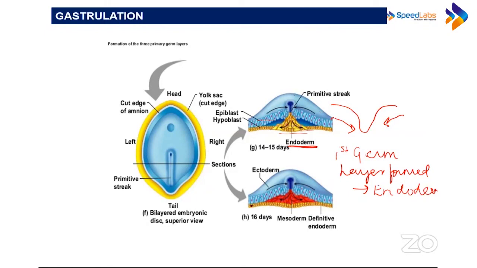After that, see, look at this. This is endoderm. After this, there are some cells which just, they do not form in layers, but they randomly get separated, and these form the mesoderm. ये बीच में red से जो दिखाया हुआ है, this is mesoderm. And whatever is left, it forms the ectoderm. Did you understand? तो सबसे पहले बना endoderm, उसके बाद mesoderm, and then ectoderm.